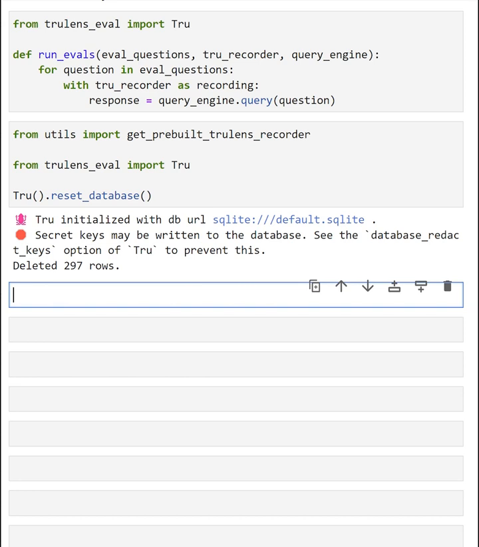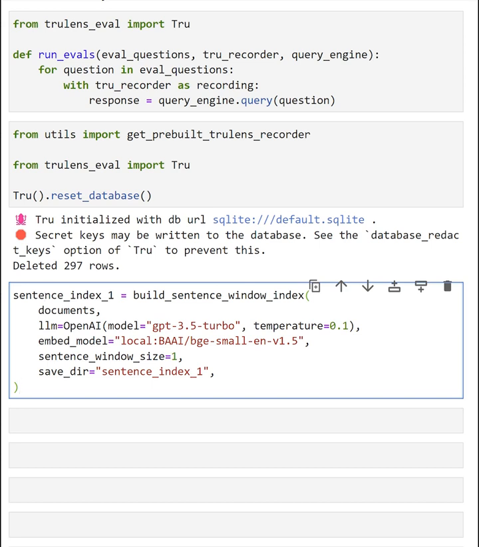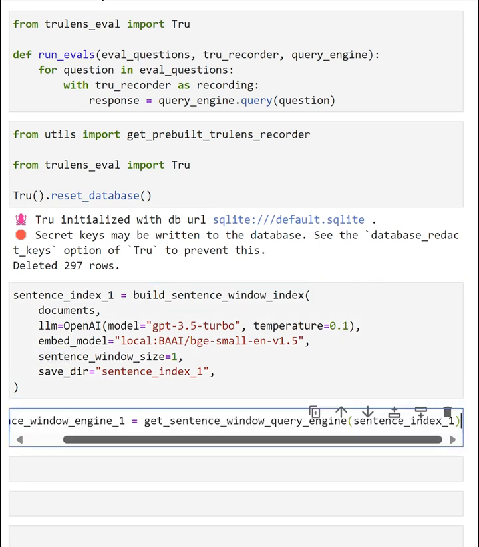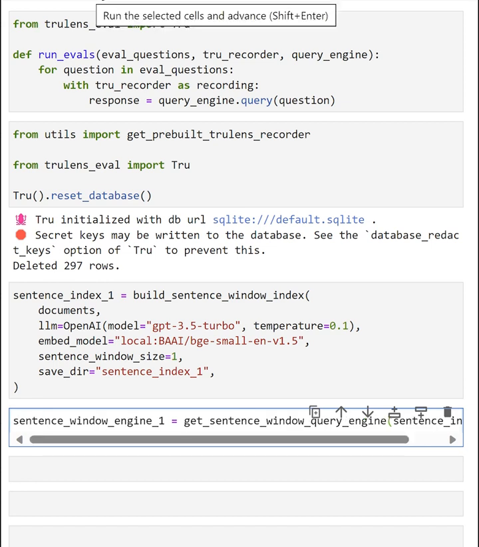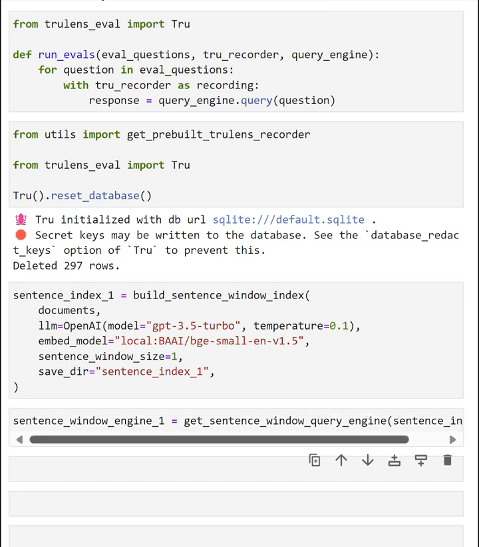With this code snippet, we set the sentence window size to 1. You'll notice that in this instruction, everything else is the same as before. Then we set the sentence window engine with the get sentence window query engine associated with this